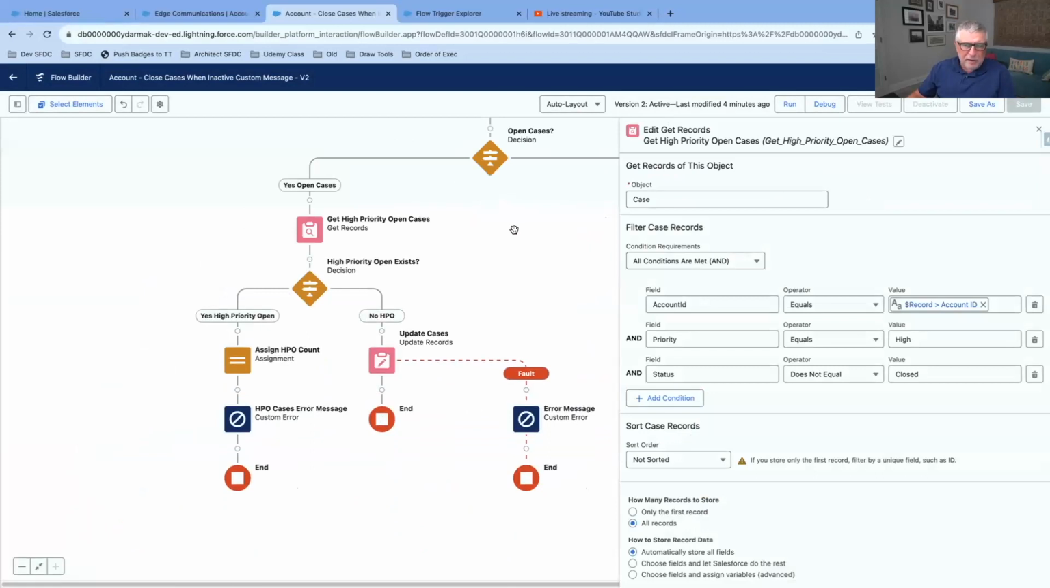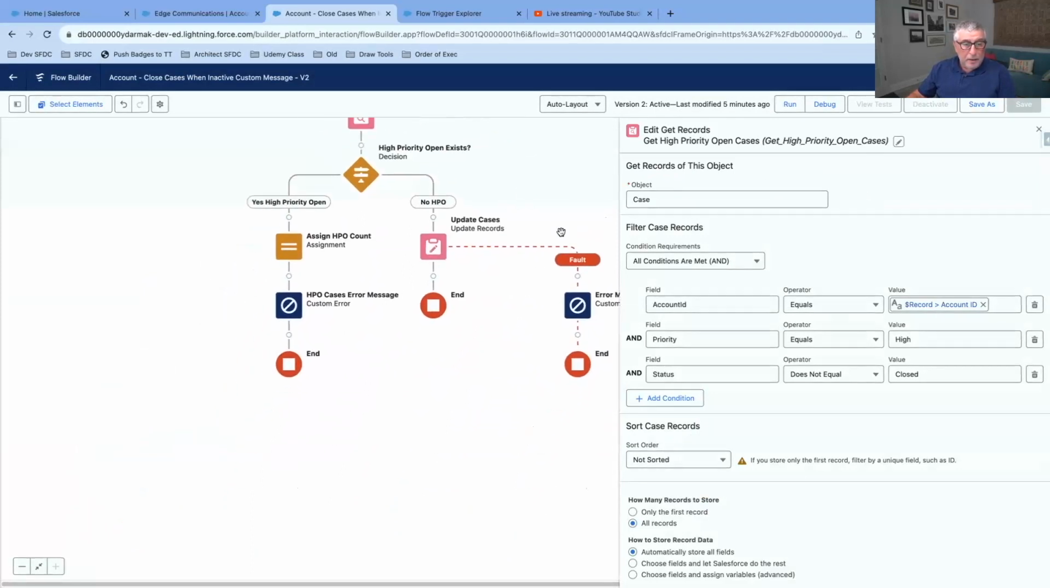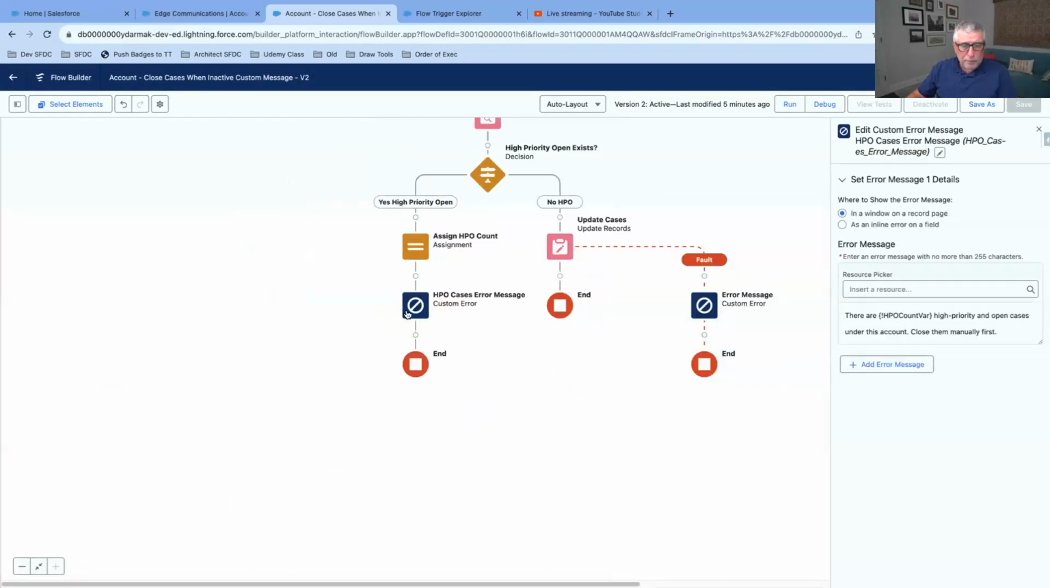I could have used a filter as well, but I did another get. I could have done this more efficiently. So I'm checking again, this time cases that are not closed and the priority is high. If there are any high priority cases, I'm going to get the count of high priority cases, and I'm going to use the brand new element, HPO, high priority. I named this high priority open cases error message. So I'm going to use the new custom error